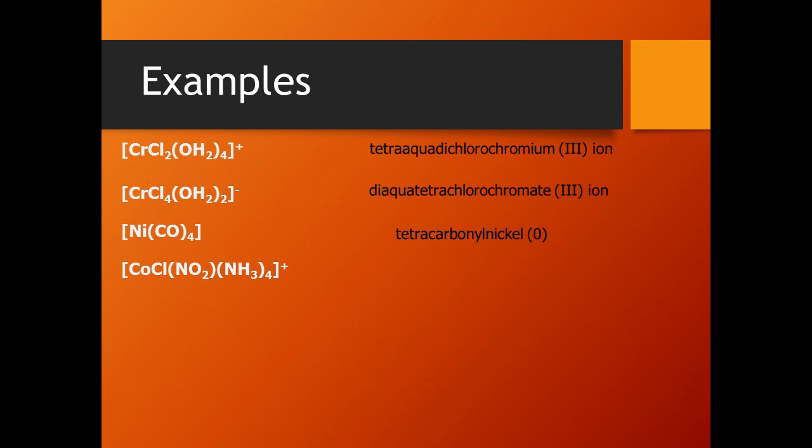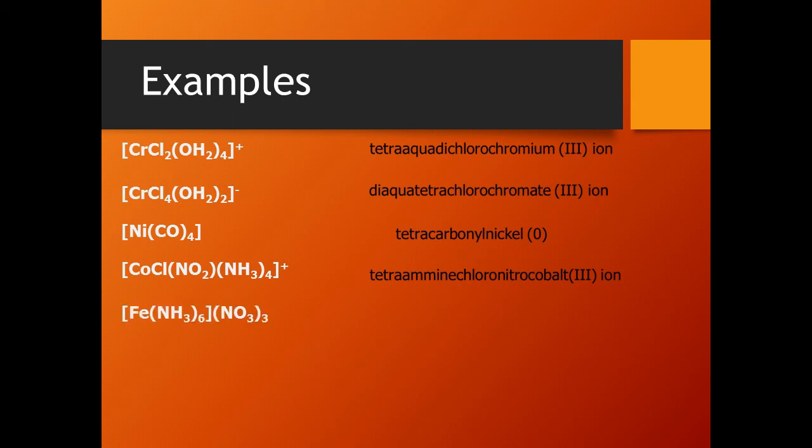Our next example is [Co(Cl)(NO2)(NH3)4]+. This is again a cationic complex. 3 kinds of ligands are present here: ammonia, NO2 and Cl, that is ammine, nitro and chloro. So we have to start the name of this compound in alphabetical order: tetraammine, then chloro, then nitro. So the correct name is tetraamminechloronitrocobalt(III) ion. Here again the complex is cationic, therefore the name cobalt is used.